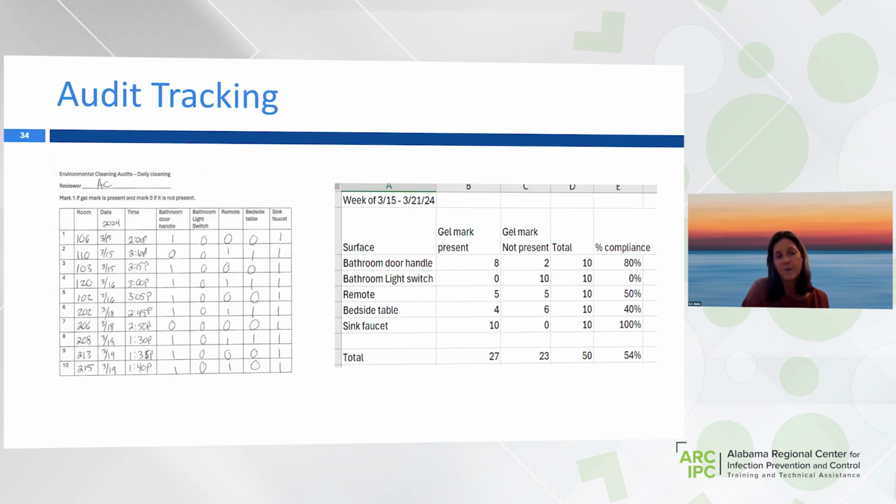My experience has been, and I'm sure this is different for everyone, if I have the room number and the time of the check, I can correlate that back to a specific housekeeper, so I can also give that housekeeper specific information. Some of you may prefer a column that has housekeeper on it, you can, but for me, when I was going out and doing these, I didn't know which housekeeper did it at that time because I'm going in after they've cleaned to check those surfaces. So something to think about in terms of how you organize for yourself for tracking this.